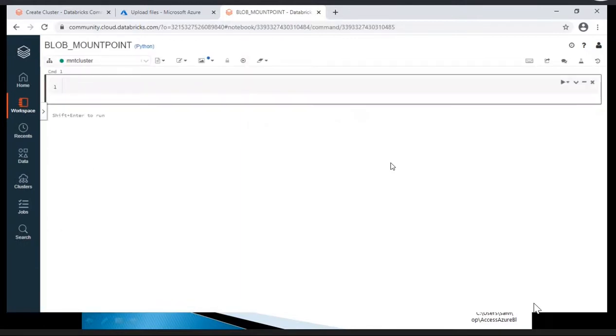So what is the step one? There is a three-step process to set up a mount point. If you observe in the dbutils.fs,